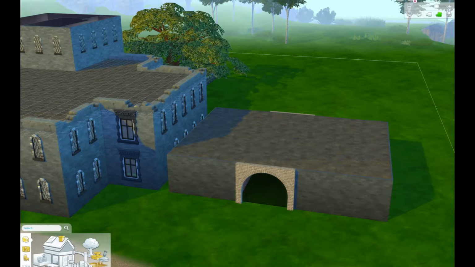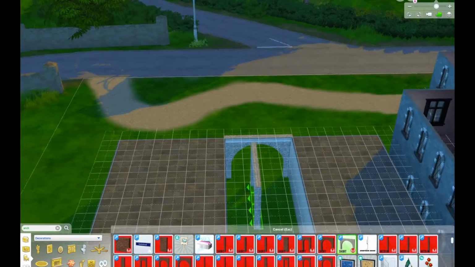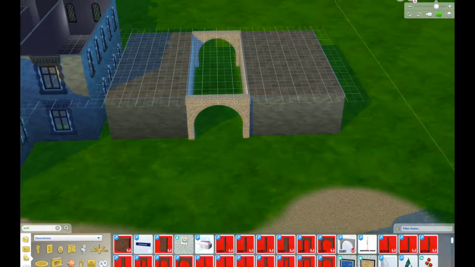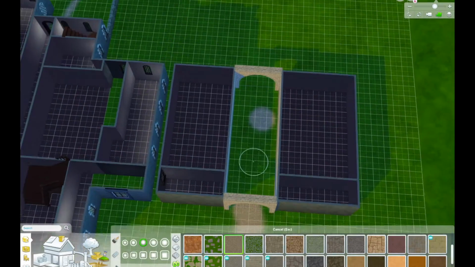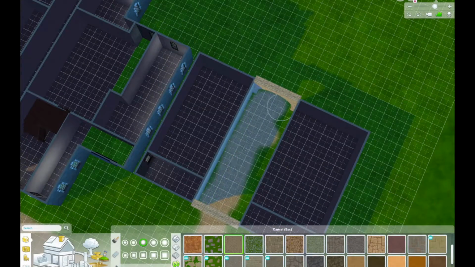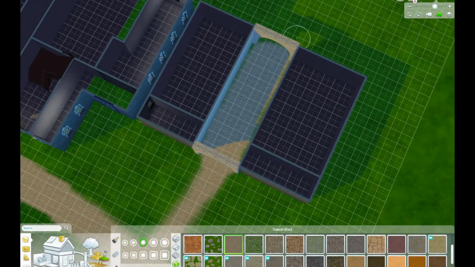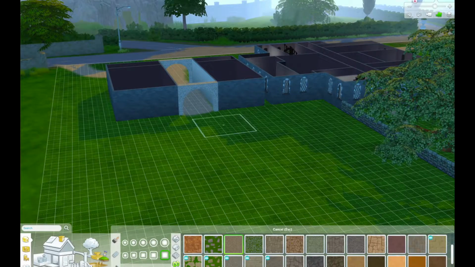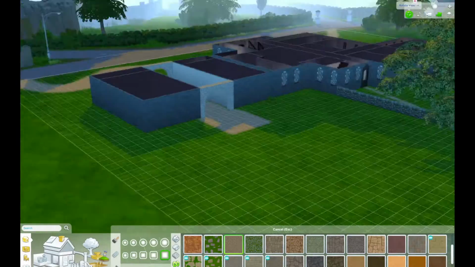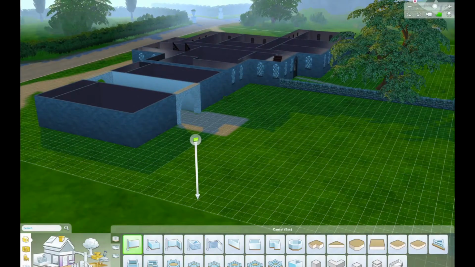I just wanted to have that second building to add to it, to make it more interesting and seem larger, because despite how large I built it, it needed more. More was more, and I wanted more in this case. So that's what I'm doing now, is working on the stables,